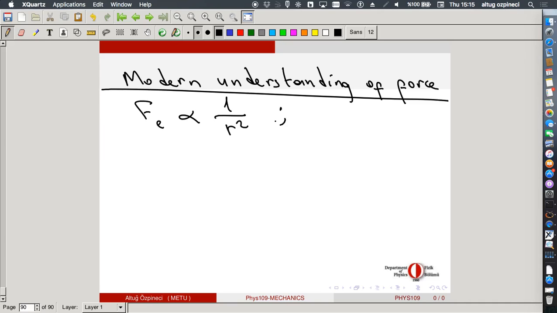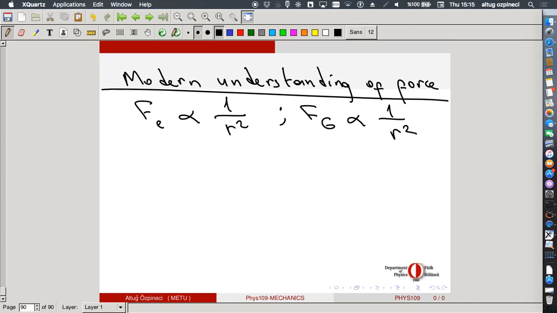Another thing, we didn't discuss this yet in the class, but I'm sure you have all heard about that. The gravitational force between two masses is also proportional to 1 over r squared. Why are both of them r squared? Have you ever thought of that? These are two completely independent forces as far as we know. Maybe one day we will discover that they are related somehow, but at least currently to us it seems that they are completely independent forces. Why do they behave identically with the separation?